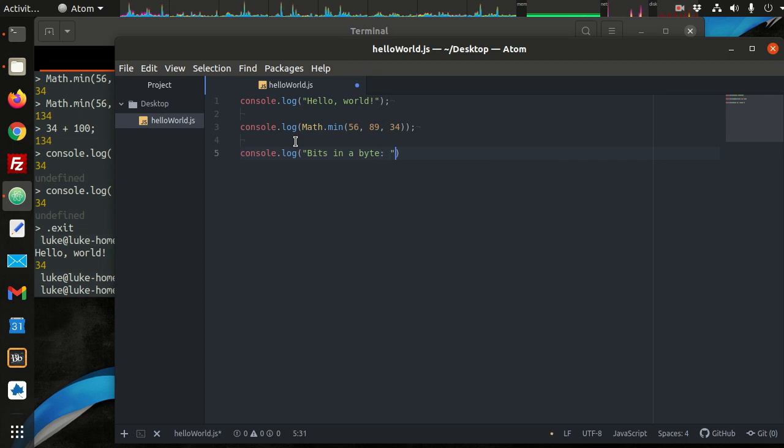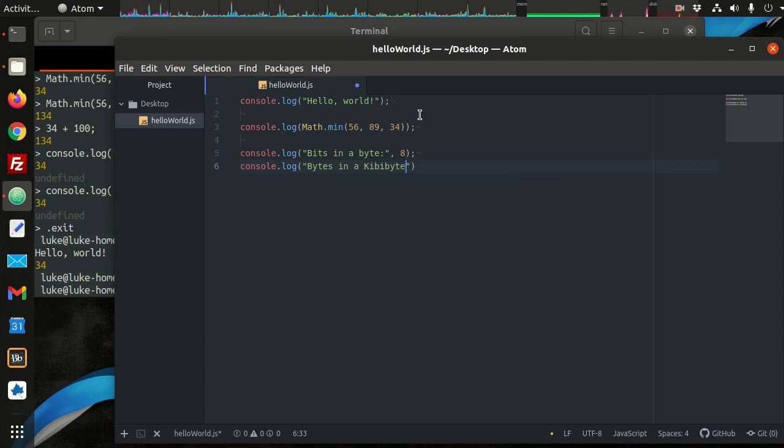right? So I can use console.log, and I'm going to pass in two different arguments. This first argument, actually I'm going to leave off the space there and just have a colon, and then the next item I'm going to put in here is how many bits are in a byte. There's 8 bits in a byte. Then I can type in console.log how many bytes in a kilobyte,